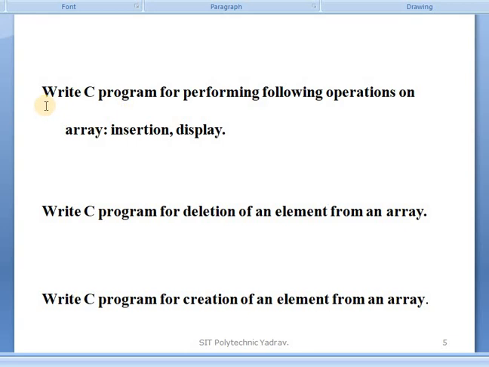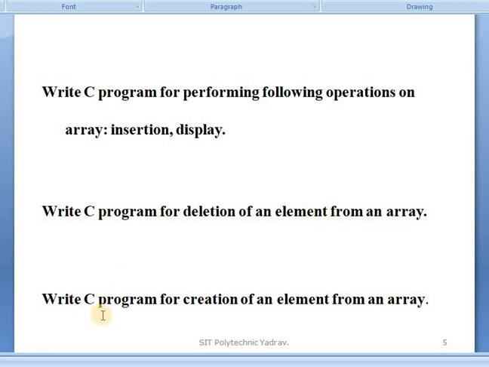Some questions are asked in your exam on arrays. Write a C program for performing the following operations on an array: insertion, display. Another question: write a C program for deletion of an element from an array.